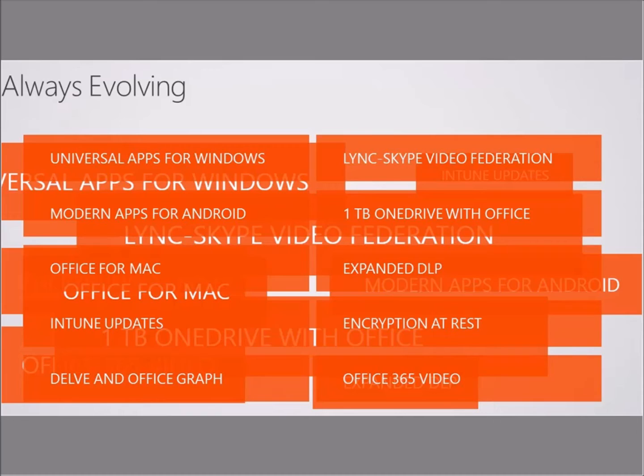So then the last thing about Office 365 is that it is evolving, and it's evolving very, very fast with new apps, with updates behind the scenes that most folks may not even notice, such as encryption at rest. If you have data in your OneDrive, if you have data in Office 365, that data is encrypted at rest. It's also encrypted when it goes from Microsoft data center to Microsoft data center, even though Microsoft owns the fiber. So they're taking enterprise-level security to the next level, and anybody, from the home user to the small, mid-sized company, gets to use that.